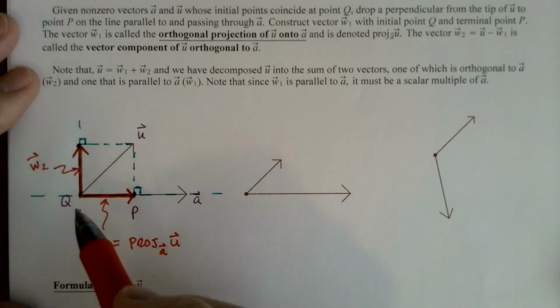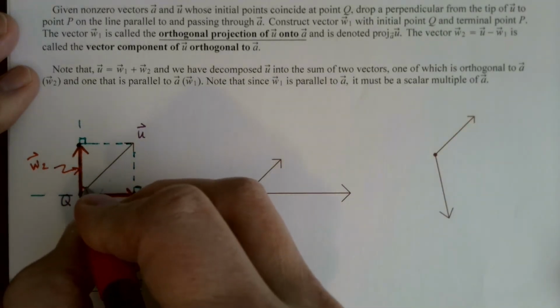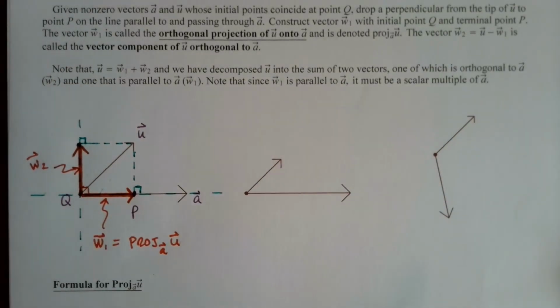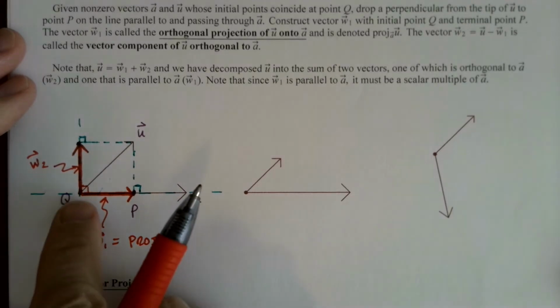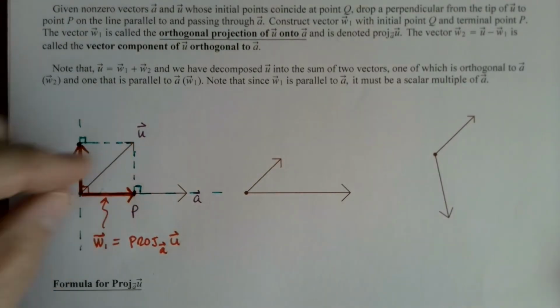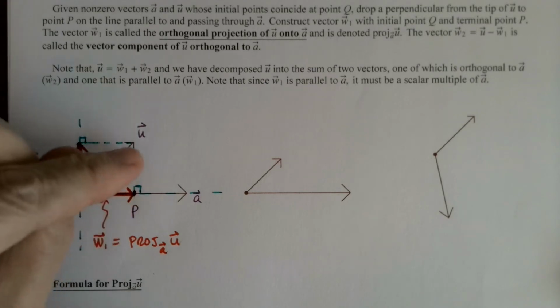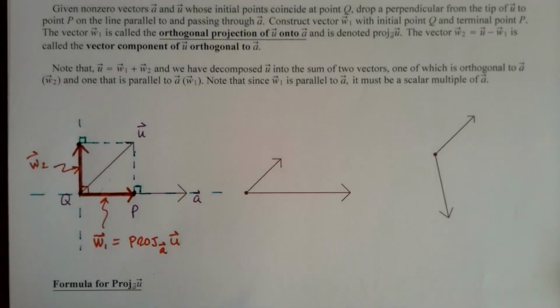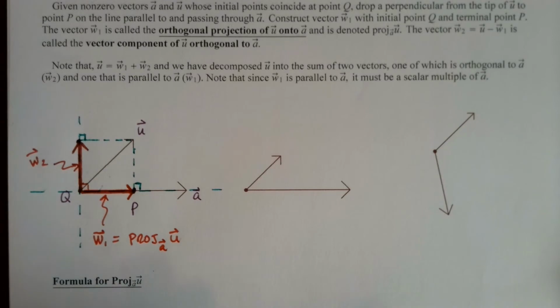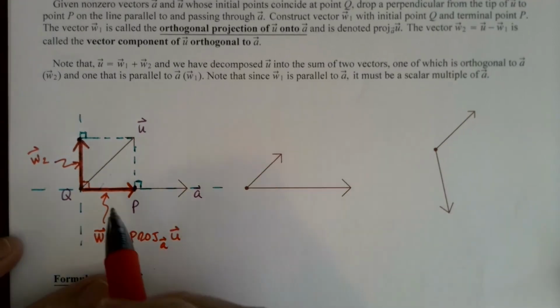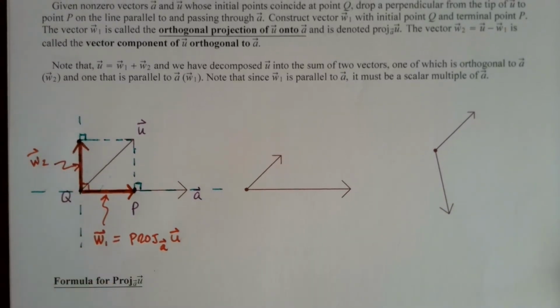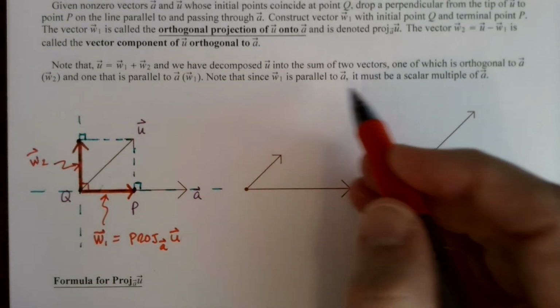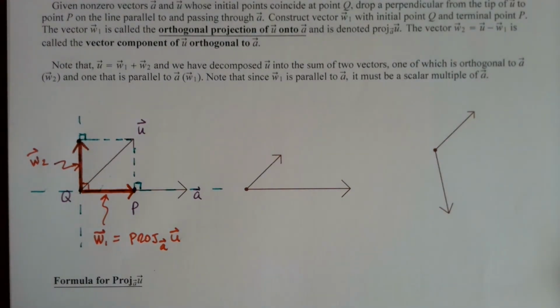Now, W2, this has to be what? 90 degrees here. And so W2 is going to be orthogonal to A, and that's why it's called the vector component of U orthogonal to A. So notice this, I can do W1, slide W2 over, tip to tail approach. W1 plus W2 is obviously the vector U, and so U is the sum of these two vectors. We've decomposed U into the sum of two vectors, one of which is parallel to A and the other which is orthogonal to A. And note, since W1 is parallel to A, it must be a scalar multiple of A,